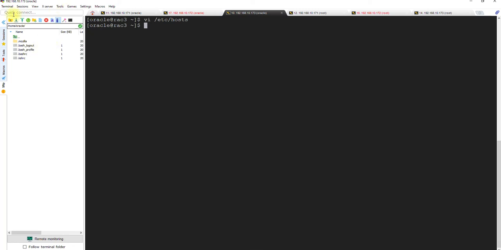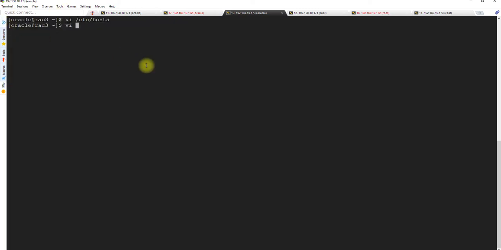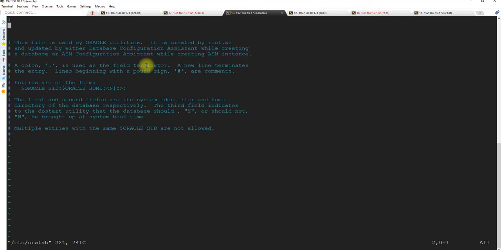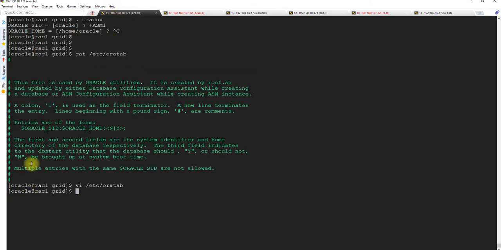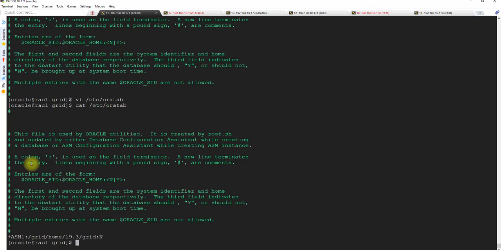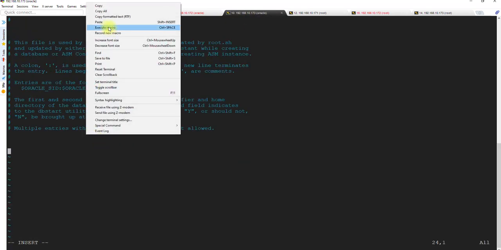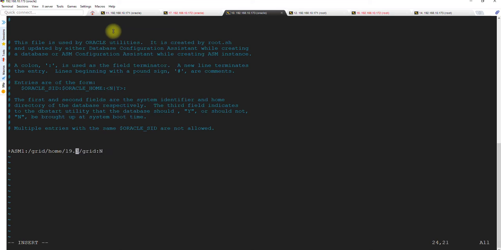Okay, what you need to do is vi /etc/oratab, go to the bottom, paste the entry, and change the ASM instance to 2.